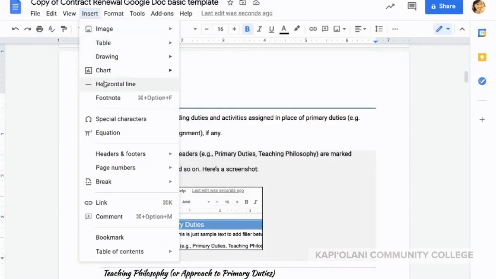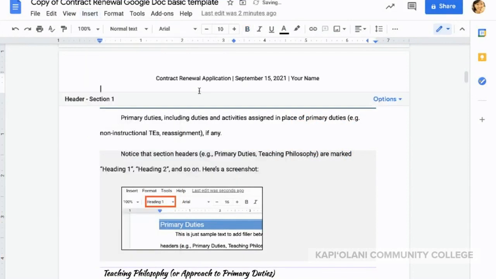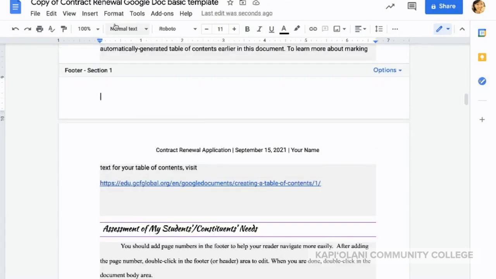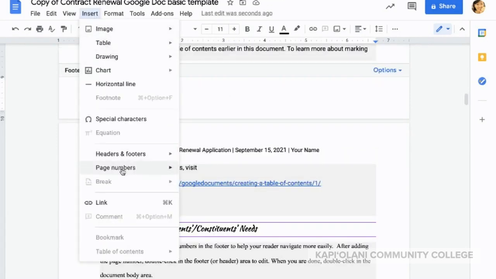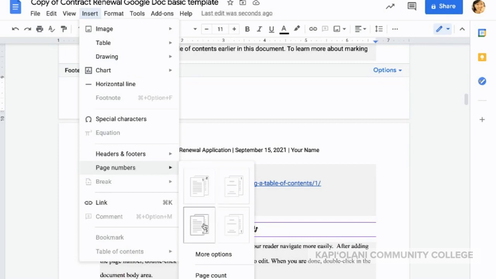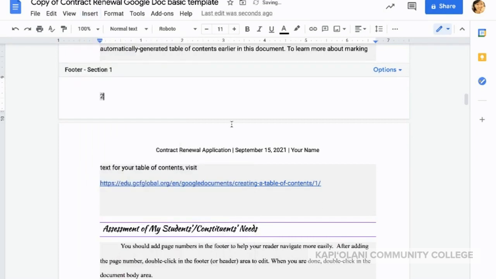Insert header and footer, then add your dossier title, your name, and the date. Add page numbers by Insert, Page Numbers, and you can also double-click in either the header or the footer area of the page to do this. When you're done, just double-click in the body text area.